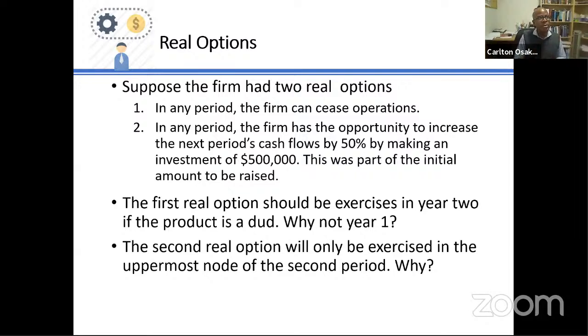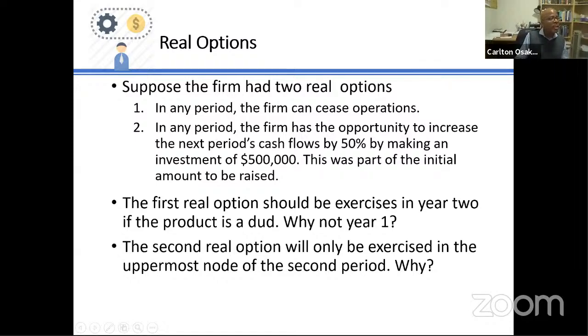And the way to look at it is, for instance, the firm is going to lease a machine, and they can lease an additional machine to essentially increase their cash flows by 50%. And if you do that, then you move on to the next year. The next year, you can lease the additional machine again and increase the cash flows for the following year by another 50%. And each year, the firm has this option to lease that machine and increase the following year's cash flows by 50%.